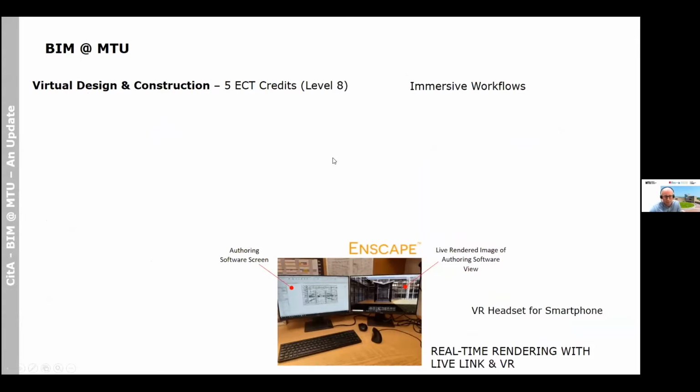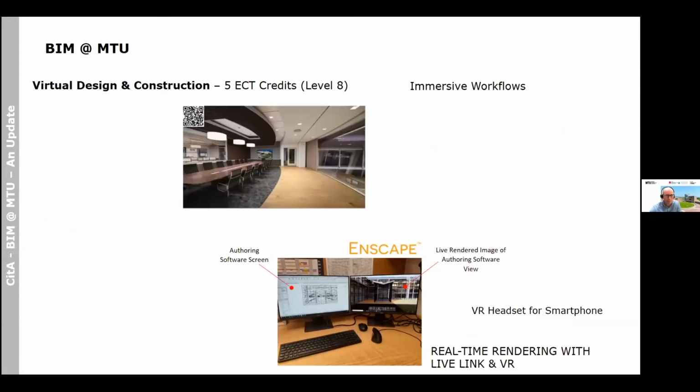We have a lot of immersive technology type tools in the college, or in MTU. So we have VR headsets such as an Oculus Rift and an HTC Vive. And Enscape, I guess, is the platform that we use to launch those immersive environments. So while you can go into a graphical information model using Enscape, and with a headset you can explore it